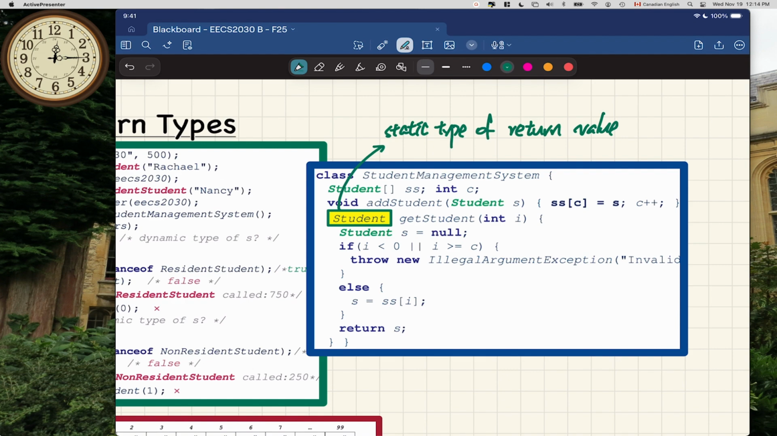Okay? So what we do is, eventually, we want to return something statically that's a students. What about dynamically? Dynamically, the return value could be any of the descendant classes of students. Okay? Let's now write this down. Given that the return value has a static type, students. So that would mean dynamic types of return value